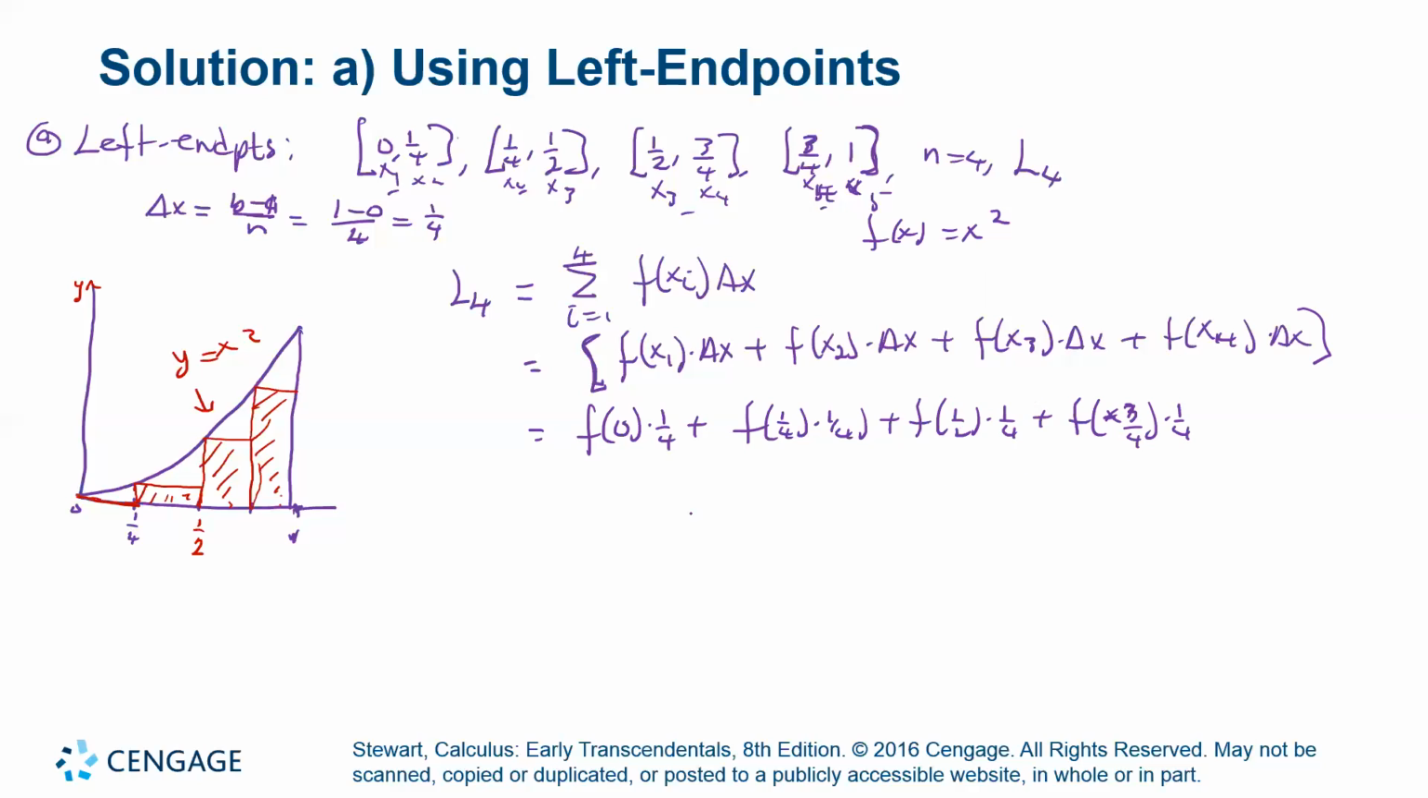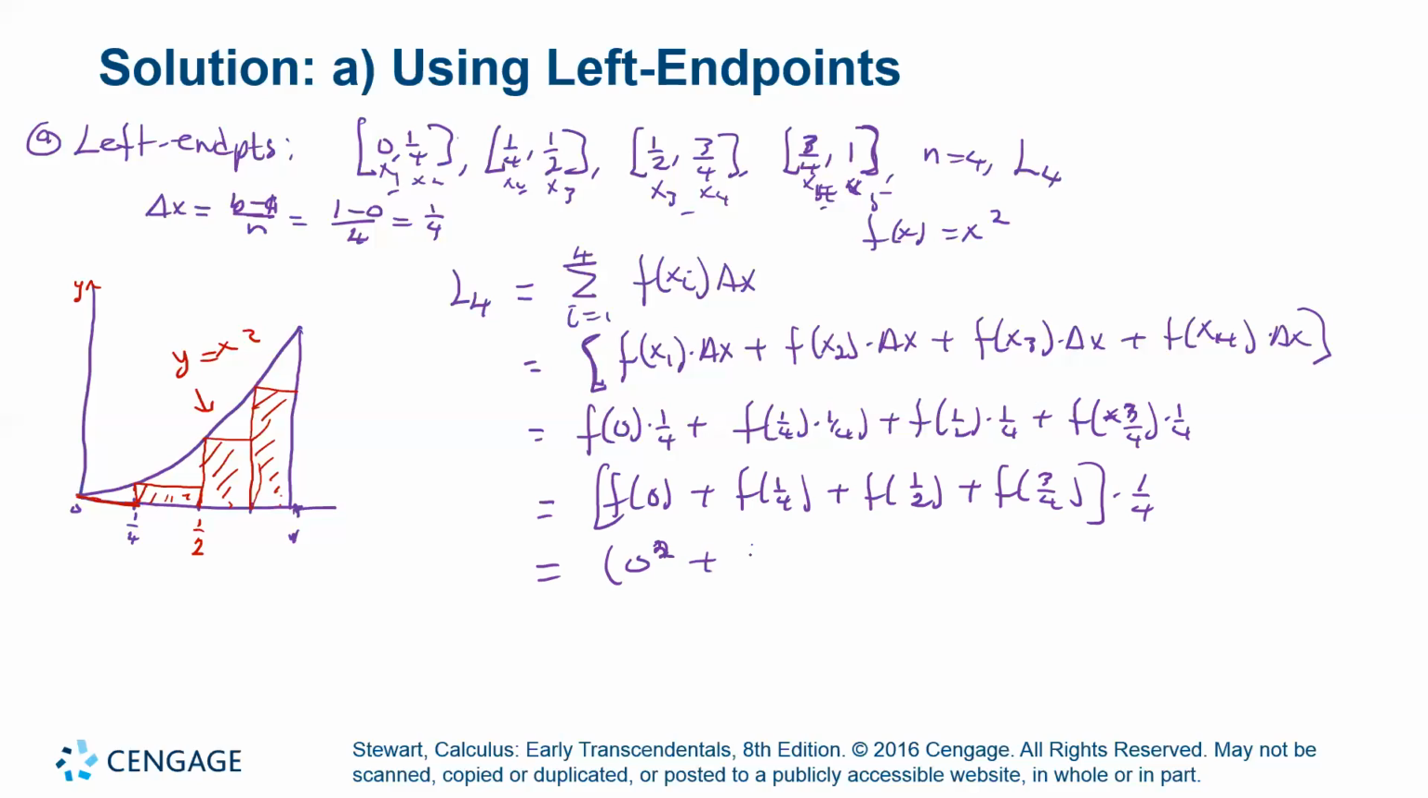All right. Now, as you can see, this is the same as finding f of 0 plus f of 1/4 plus f of 1/2 plus f of 3/4. And then you multiply everything by 1/4. So this is 0 squared, because my f of x is that, the 1/4 squared plus 1/2 squared plus 3/4 squared, then everything times